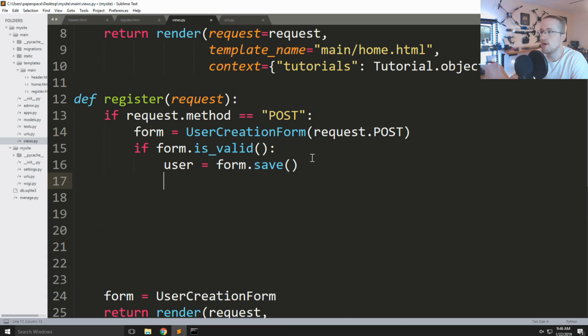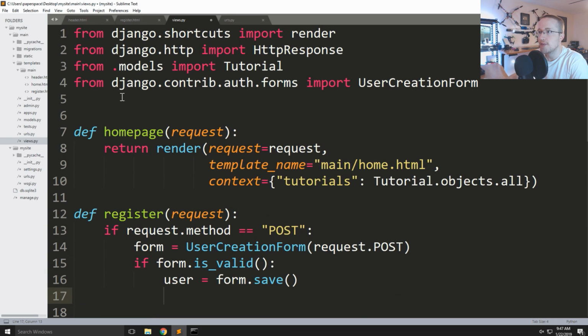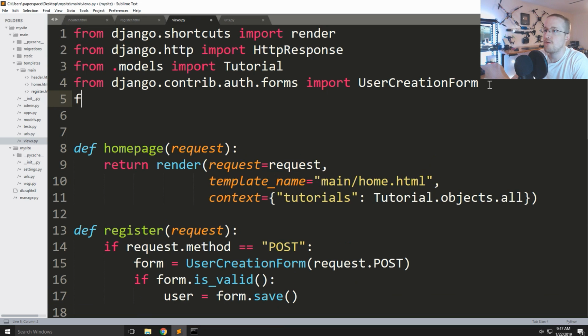So then the user is created, but generally when we register, we would like to also log that user in. After someone registers, we tend to automatically log them in. It's kind of annoying when you register for a website and then you have to log in. So anyway, we can log in. And let's come up here. I think we stop at auth. So now from